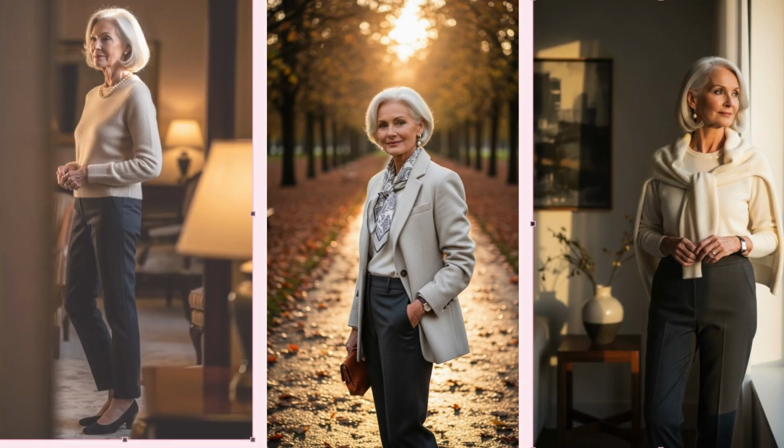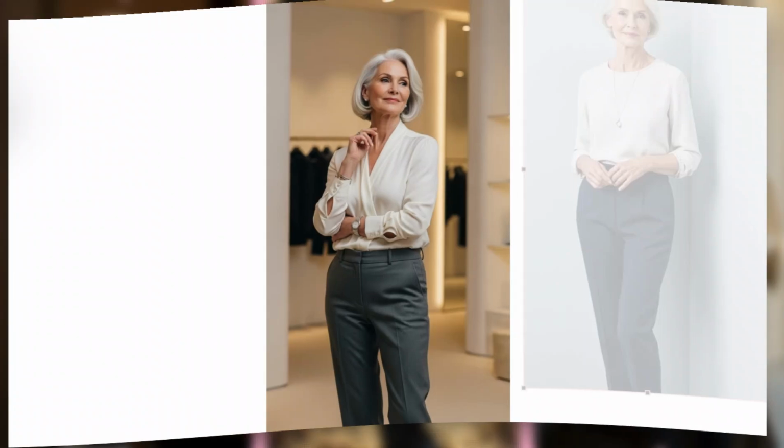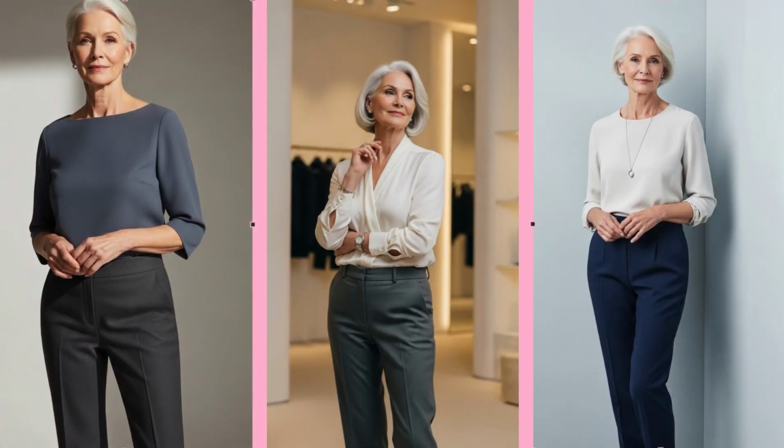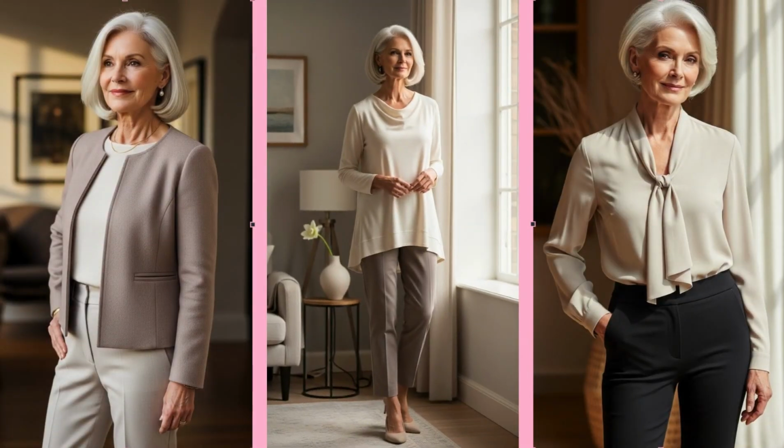Chapter 6. Balloon hem pull-on pants. Some pants promise comfort, but sacrifice all sense of proportion, and elastic waist pull-ons with gathered hems are at the top of that list. These pants balloon through the leg, cinch awkwardly at the ankle, and bunch at the waist. Instead of elongating your frame, they add bulk where you don't need it and shorten the overall line of your